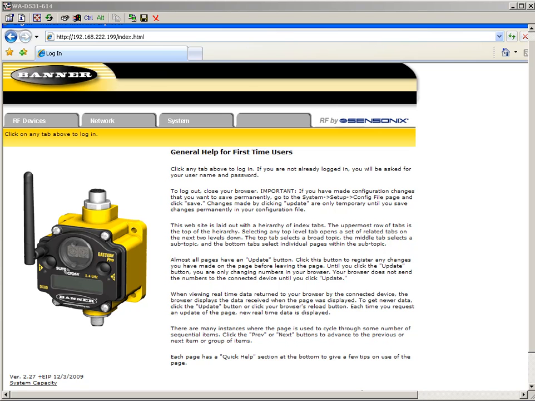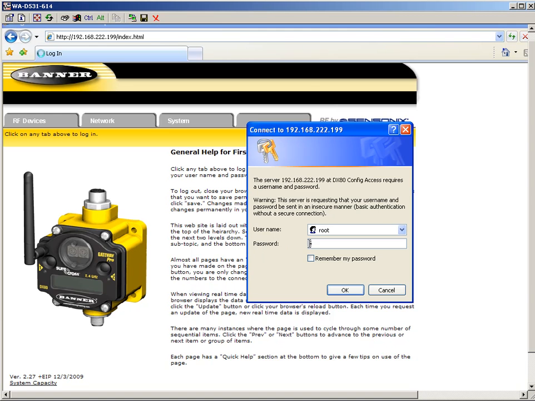Okay, so now here we are at the Banner configuration page. Notice it's the IP address I believe you guys had. One thing I need you to check is on this home page, which you can get to anytime by clicking the Banner symbol, is the firmware version of the gateway, which will show right down here in the lower left. I'm using version 2.27. So some of the other things you can check, if I hit the network tab, login, root, SXI,